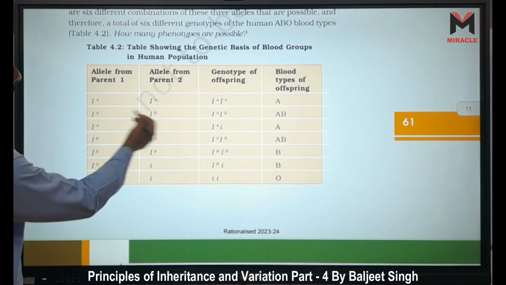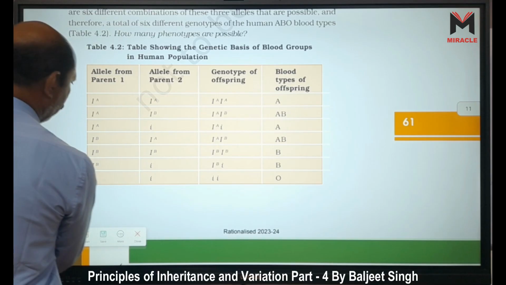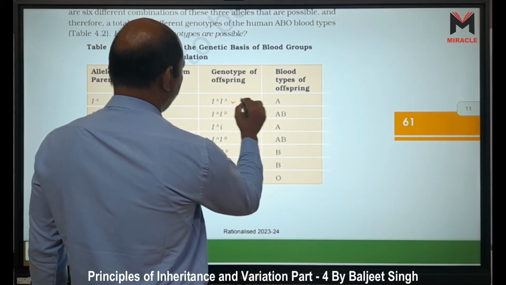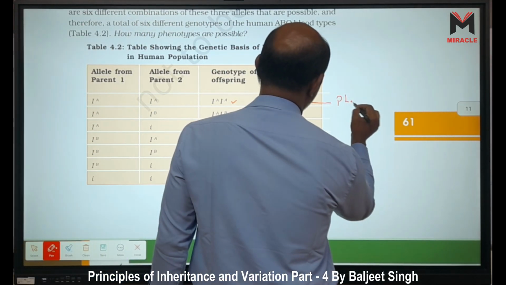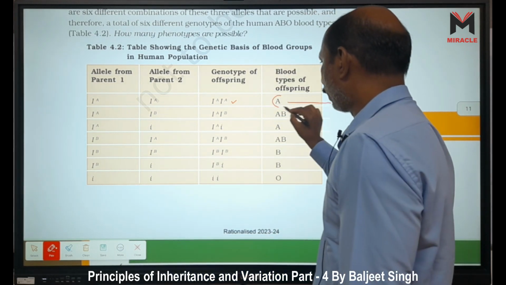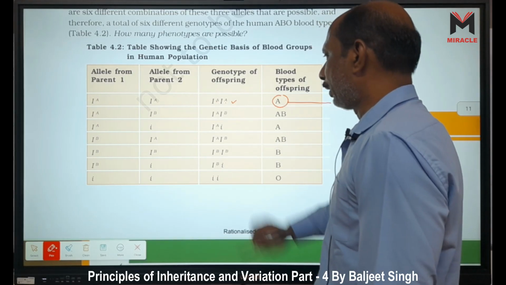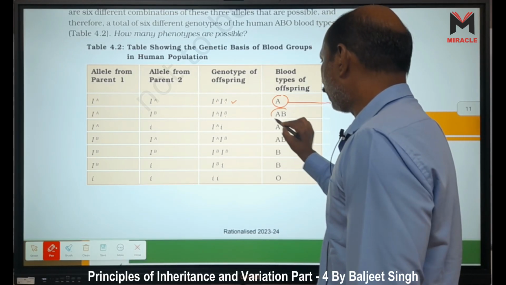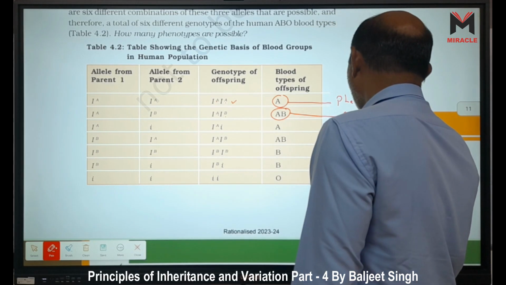IA, IB, IB, IB. Blood group A is there because both are A. Here AB is present, blood group is AB,